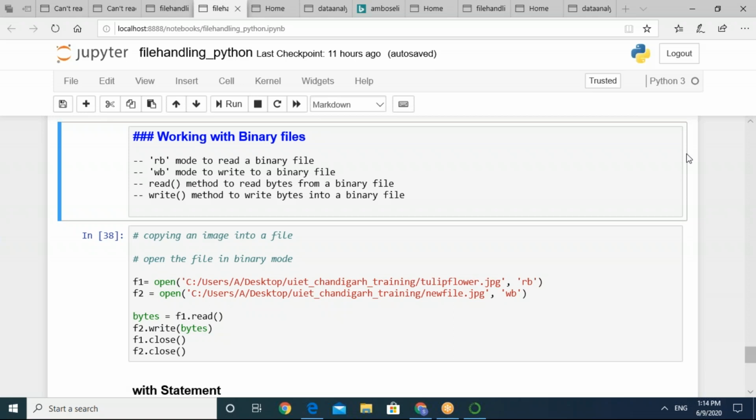So how many of you have done this? Just update me in the chat window. Are you people able to read the binary file, and are you able to write the contents into the other file?